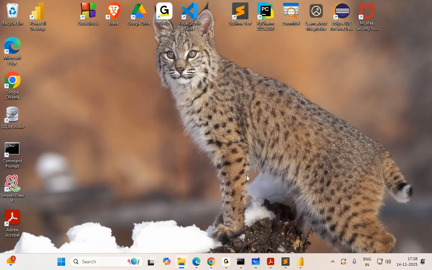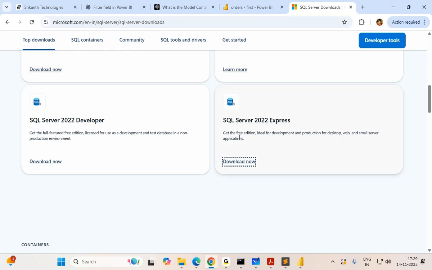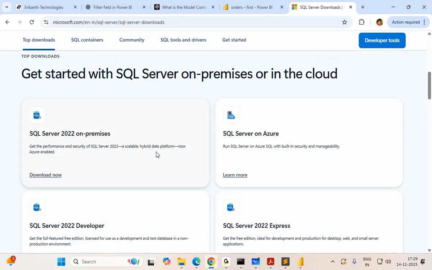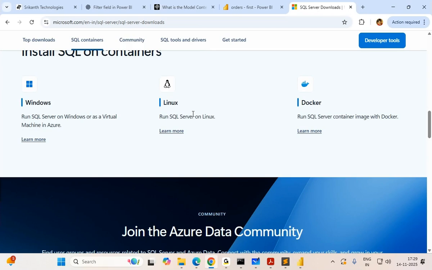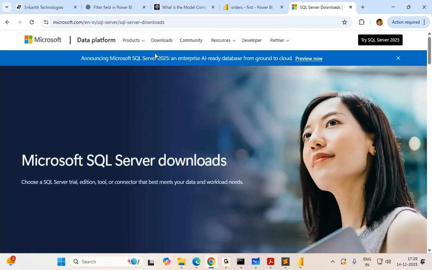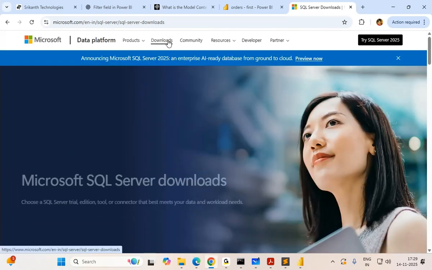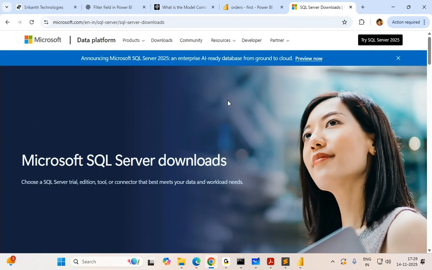And then you need one more software because you want to manage this. The SQL Server Express Edition is just like the engine. It doesn't have the tools. So you need a tool to interact with that. To do that, we need to go for something called, again, if you go to downloads, you will find